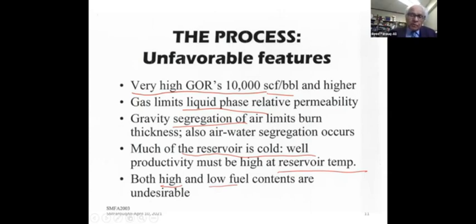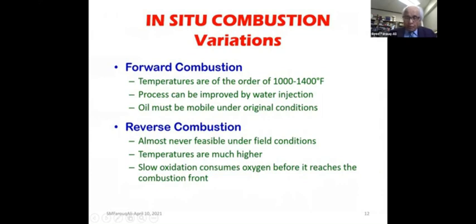Now in-situ combustion has many variations, many in fact. I'll only mention 2 or 3. Forward combustion is what I showed you in the diagram, and the temperatures are of the order of 1,000, 1,200 Fahrenheit, or maybe 700 to 900 degrees C. We can improve the process, in most cases, not always, by water injection. You have to be very careful with water injection because water will go down. So you have to be careful how much you inject and where you inject. And oil must be